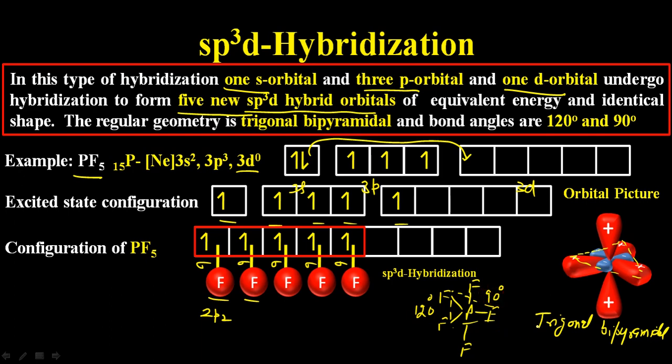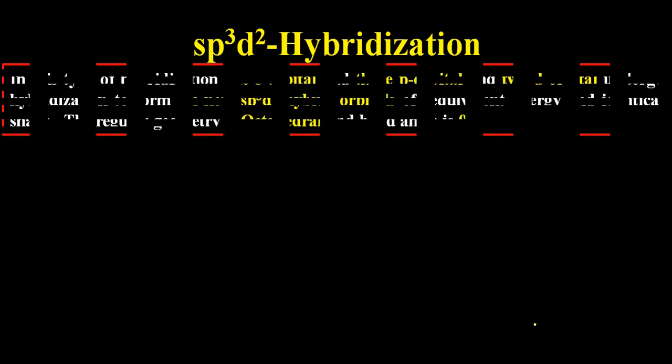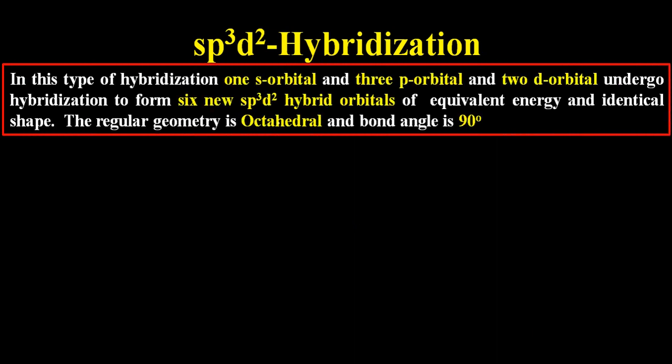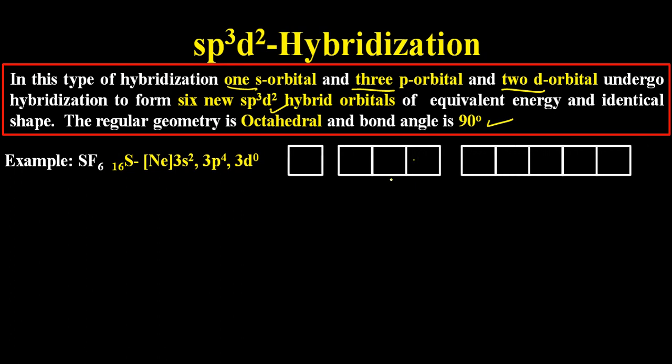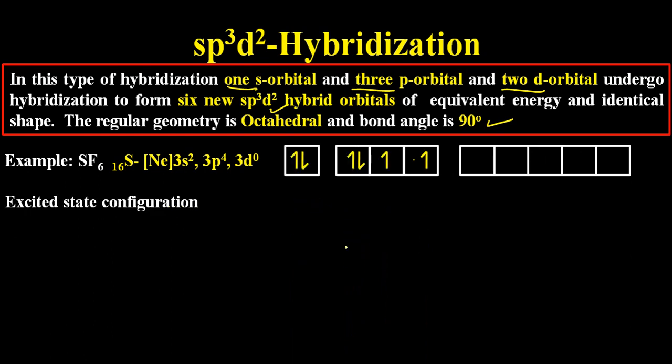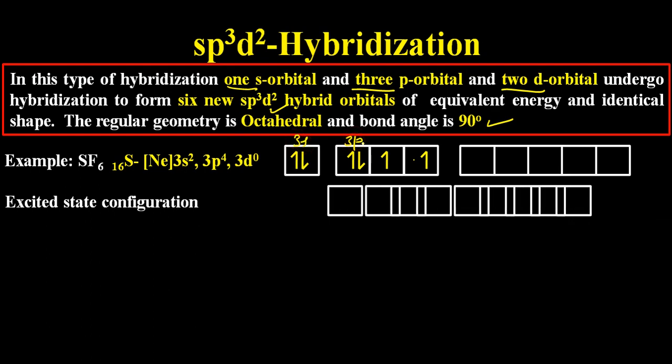90 degrees. Now the next and last type of hybridization, which is part of the discussion today, is sp3d2. As the name suggests, we now have one s orbital, 3 p orbitals and 2 d orbitals. They undergo hybridization to form 6 new hybrid orbitals of equal energy and identical shape. The geometry in this case will be octahedral and the angles will be 90 degrees each. The well-known example is SF6, in which the sulfur atom has 3s2 3p4 3d0 electronic configuration. So in order to accommodate 6 fluorine atoms, 1 electron from 3s and 1 electron from the 3p subshell is excited